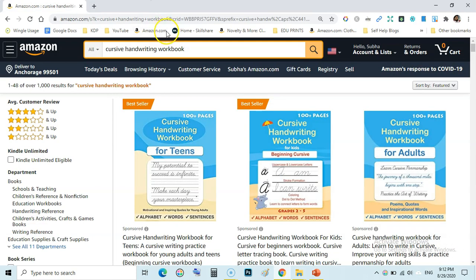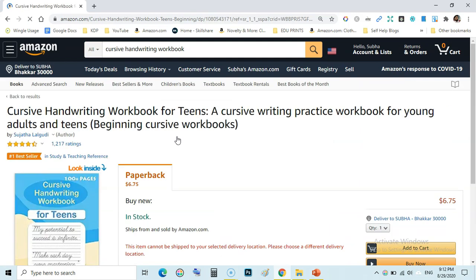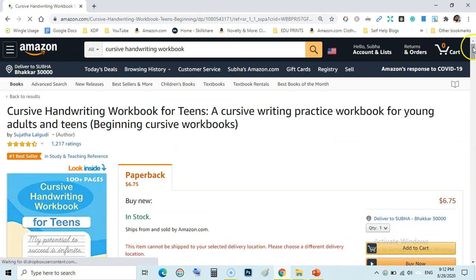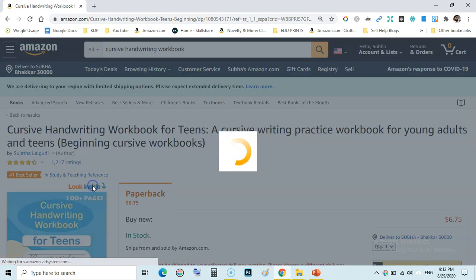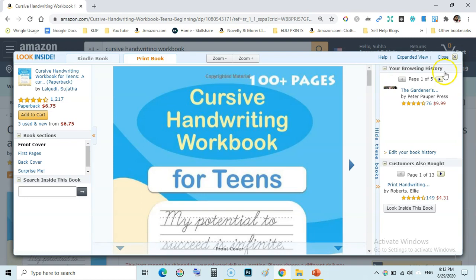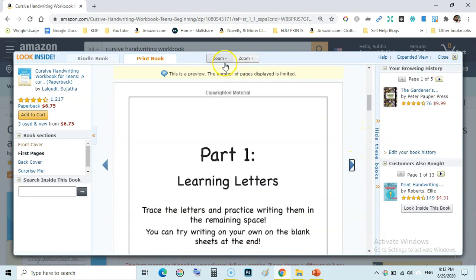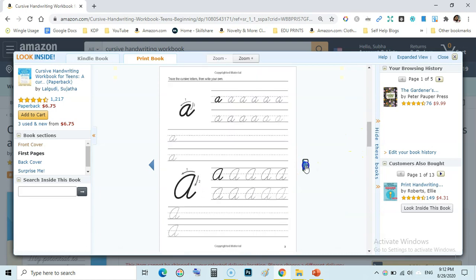And in this video I am going to have a look at the interior and also show you a very easy way to create this similar interior, or the same interior, for your cursive handwriting books. So let's have a look. You can see here, just zoom it out, and these are very simple and easy to create.